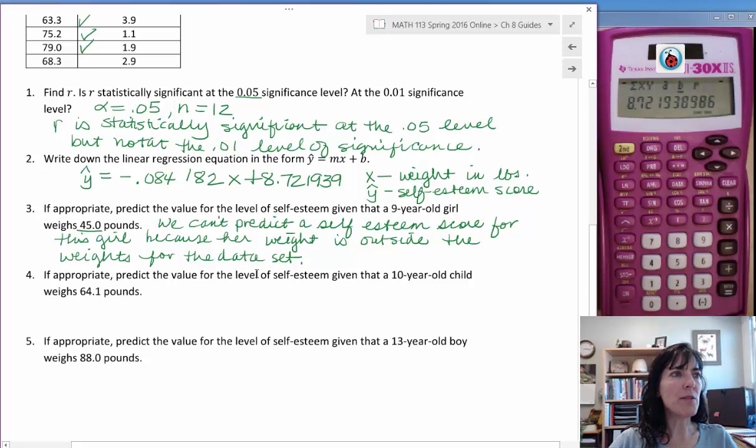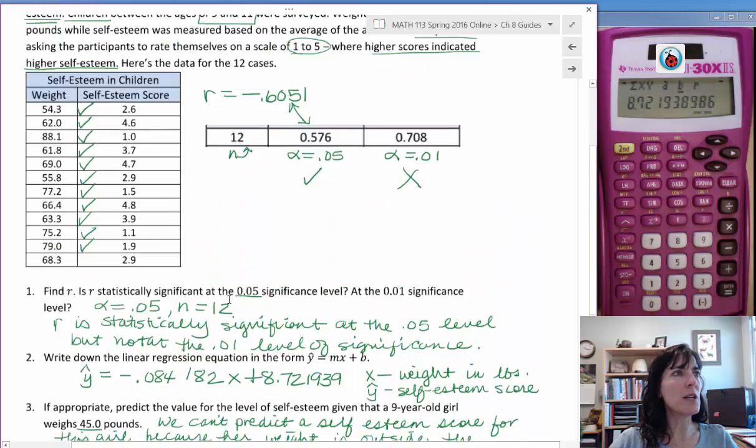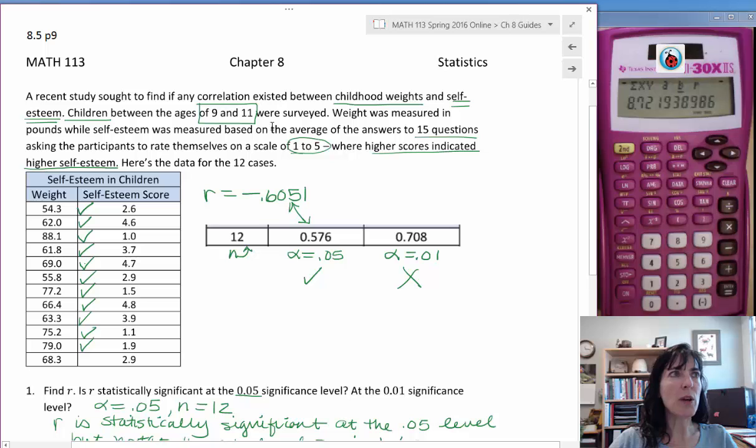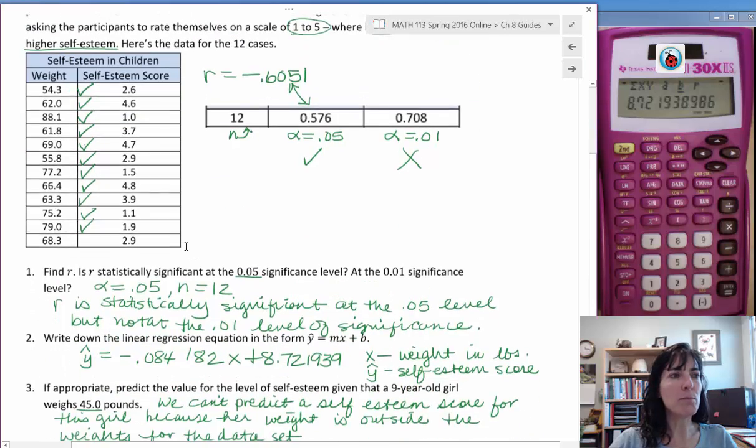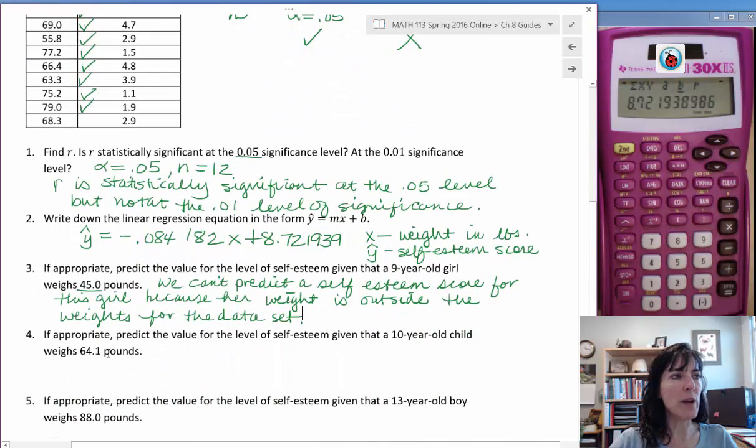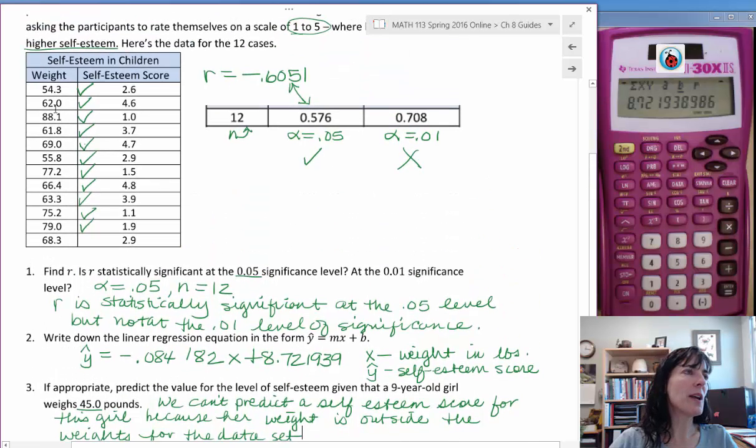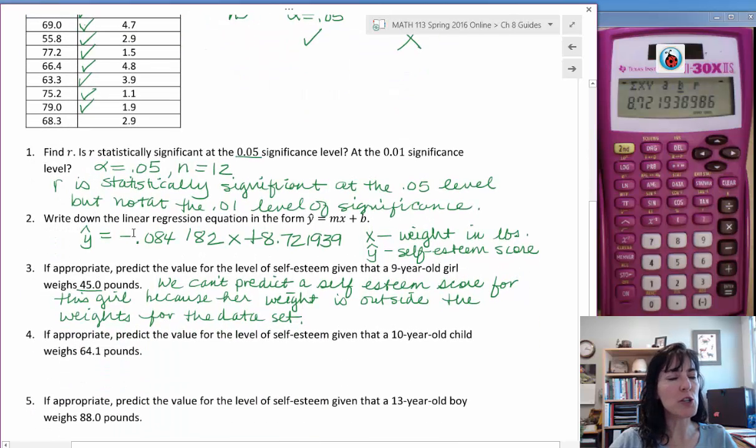If appropriate, predict the value for the level of self-esteem given that a 10-year-old child weighs 64.1 pounds. Okay, child we know is fine because it's boys and girls. Let's look at 10 years old, and we're talking about 9 to 11-year-olds. That's good. That'll work. And then the weight is 64.1 pounds. That's greater than our smallest weight, and I see some weights heavier, so we should be able to predict for this child. So we can make a prediction, and it'll be y hat equals